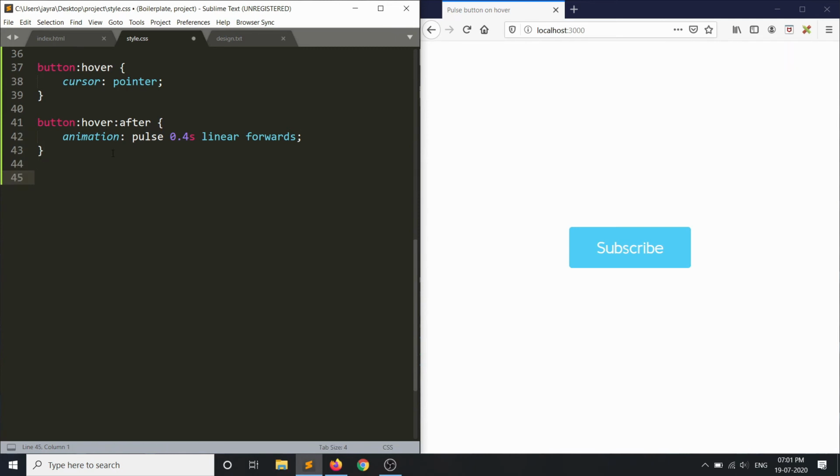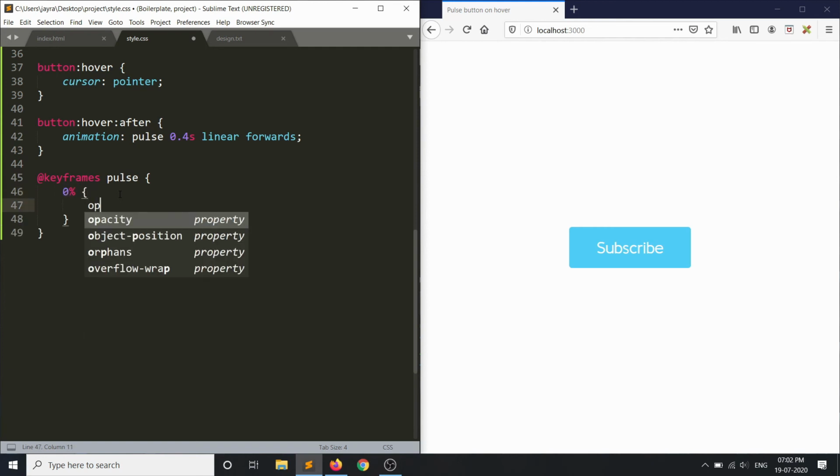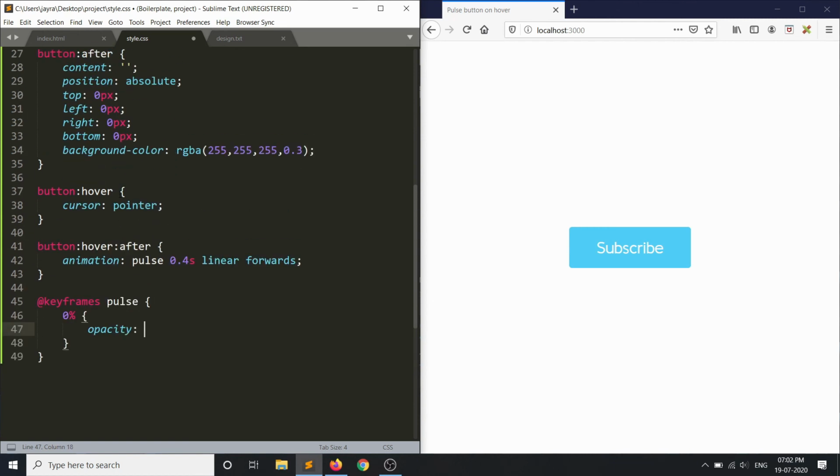Okay, now let's go ahead and define our animation, and the way we'll do it is we'll use @keyframes, and we'll have to give the same name of the animation that we used here, which is pulse, right? So at 0%, we want the opacity of this particular element as 0, right?